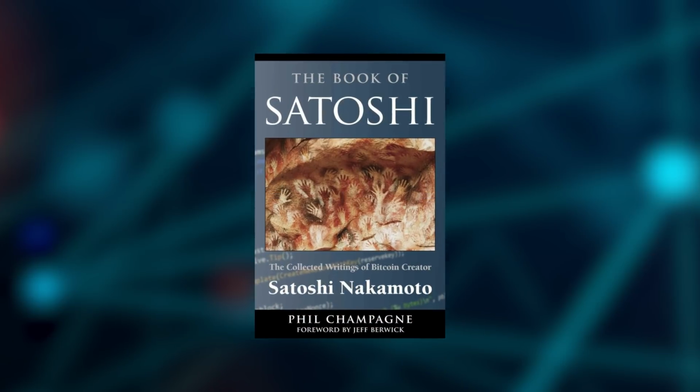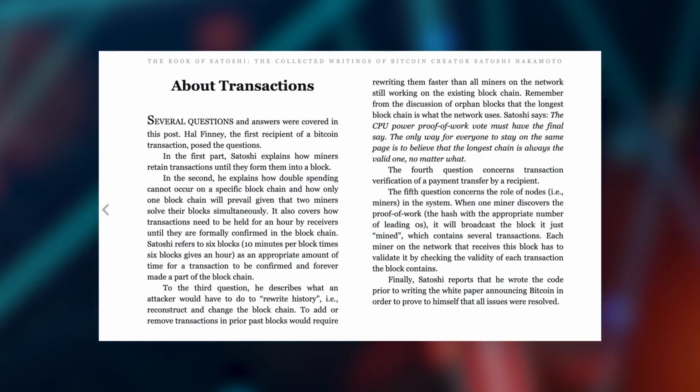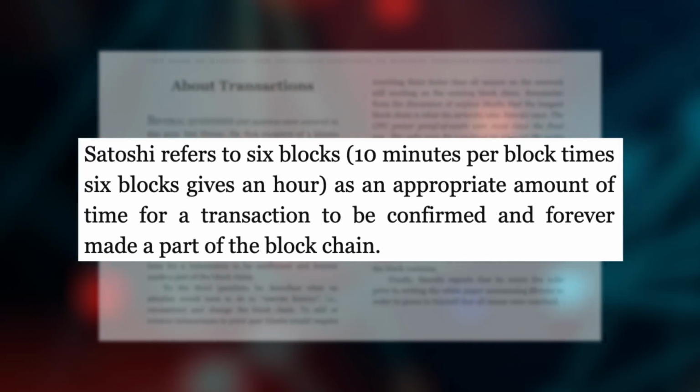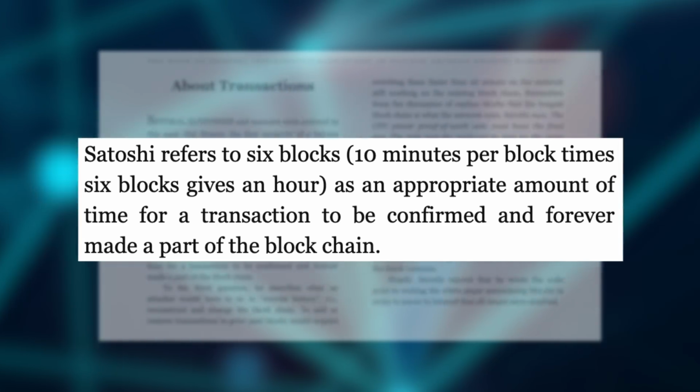In the Book of Satoshi, written by Phil Champagne, Hal Finney and Satoshi Nakamoto exchange emails regarding transactions. Satoshi refers to 6 blocks as an appropriate time for a transaction to be confirmed and forever made a part of the blockchain. This means that after waiting an hour, finality is reached. This is a good thing because it works similar to cash. While a credit card can reverse transactions and a check can bounce, a Bitcoin transaction that has 6 confirmations is